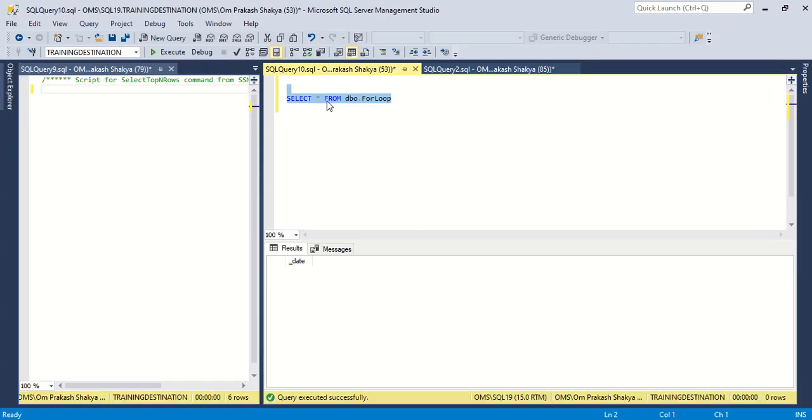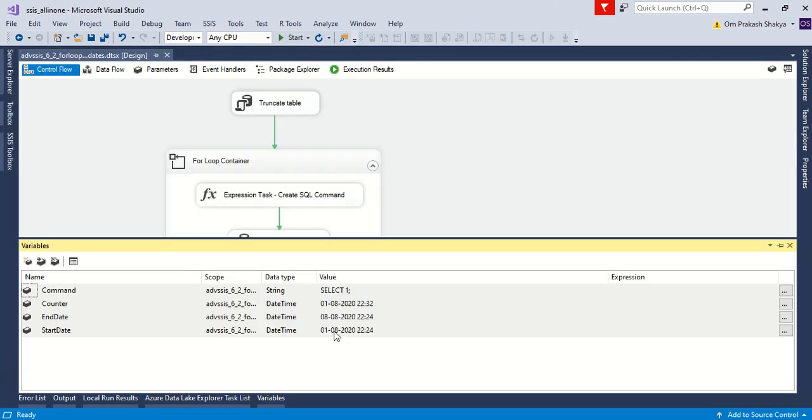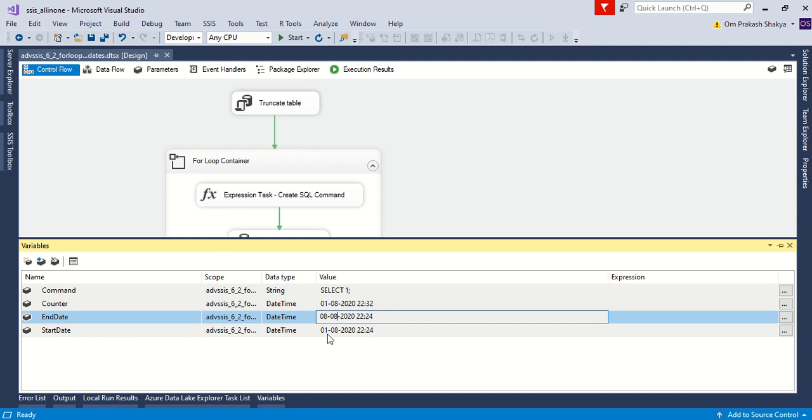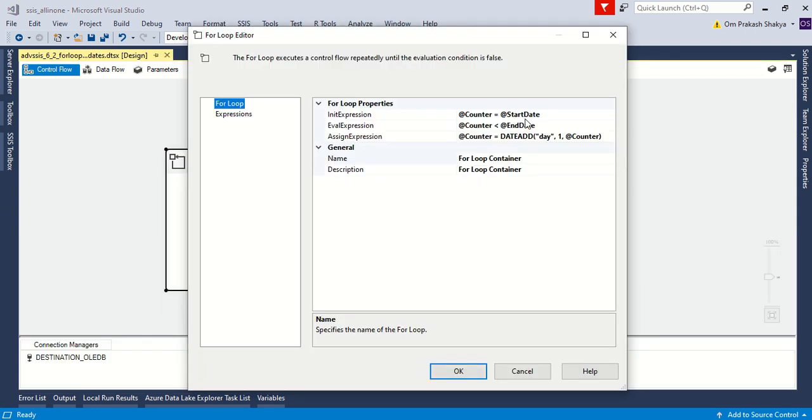Yes, now there is data from 1st of August, 2nd, 3rd, 4th, 5th, 6th, 7th. We had 1st and 8th. So we have configured it to run from start date to less than end date.